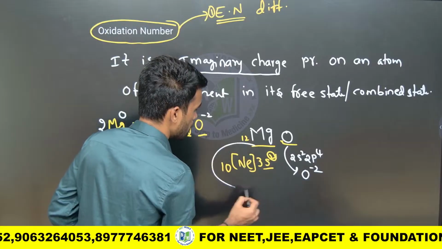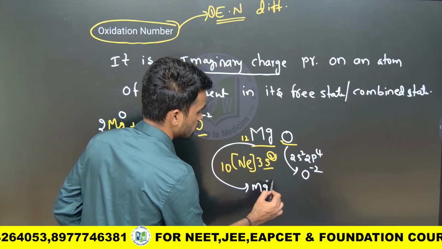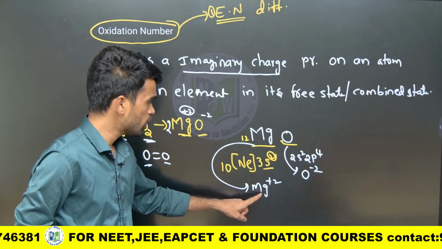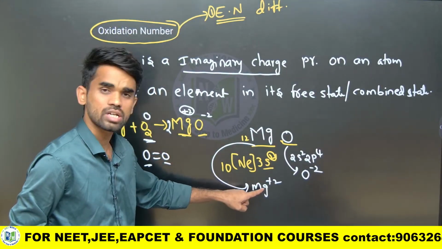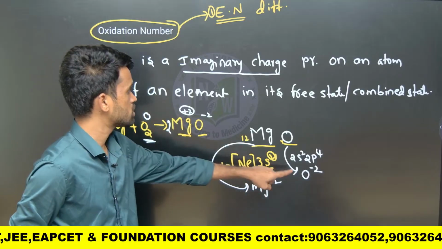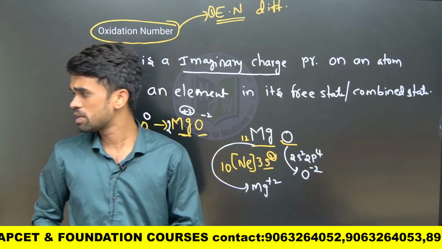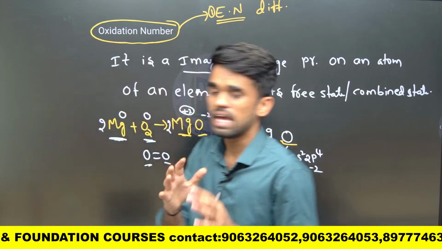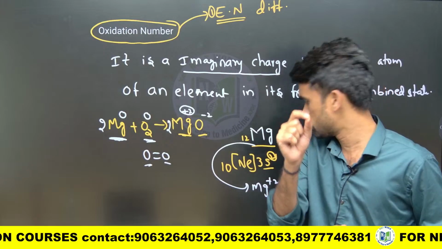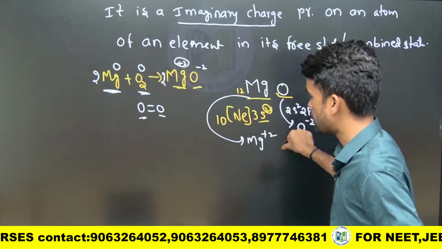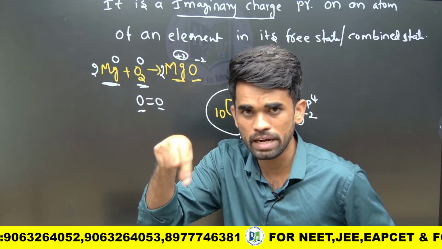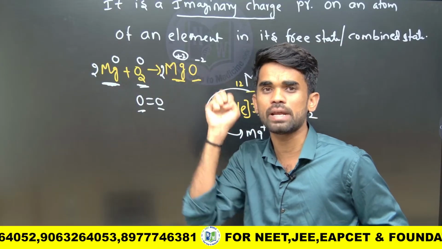It will become magnesium plus 2. This is what you need to understand. Hope it is clear. Now what is the charge present? The arbitrary, imaginary charge present on magnesium is plus 2 and for oxygen minus 2. Now it is purely depending upon the electronegativity difference: the species, the ion, the molecule or the atom which is having more electronegativity in the combined form will drag the bonded pair electrons towards